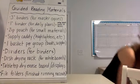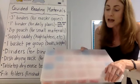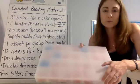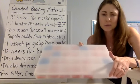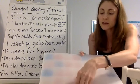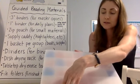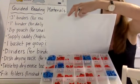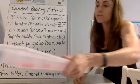Another little behind the scenes thing, I guess I kind of use this during the lessons. I used to have this really small jewelry organizer for magnetic letters, but then there were multiple letters in each little thing, and I didn't like that. So I found this from Really Good Stuff. The link is in that little document that I shared. But this is really nice for organizing all your letters. And I have another one